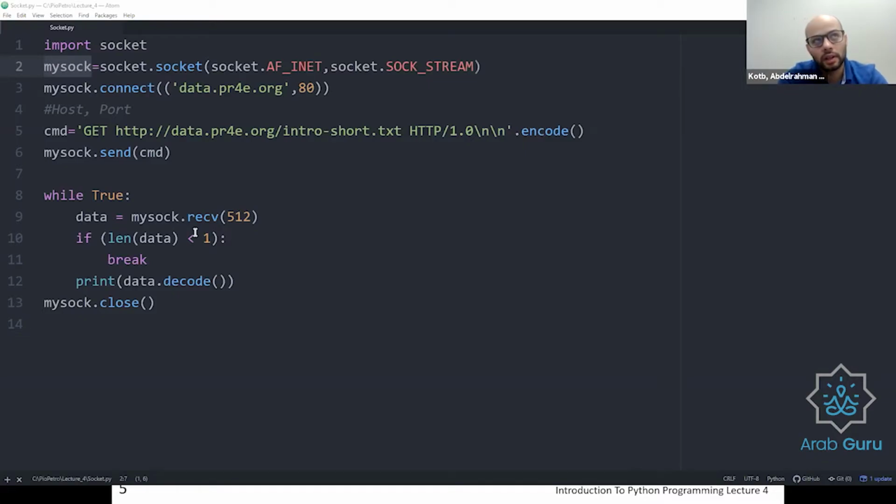I think that is not the appropriate term, but it is coded, meaning that it's in a specific language. Decoding it means that we're asking Python to give us the proper language that we are used to expect. And in the end, you're supposed to close this connection, and this is what mysock.close does.